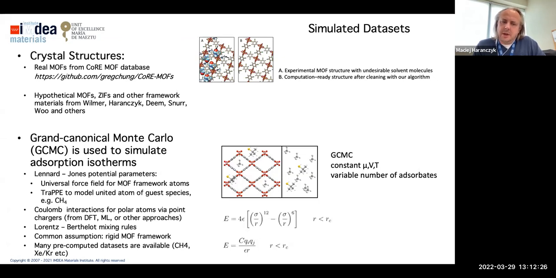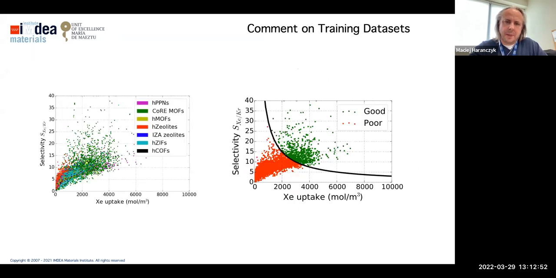We assume we take Coulomb interactions either from electronic structure methods or from some machine learning techniques. And we have some additional assumptions, such as we treat structures as rigid and so on. So these days, those simulations are fairly straightforward and we can run hundreds of thousands of them using a small cluster computer. So we can generate large data sets for which we can train or build machine learning models.